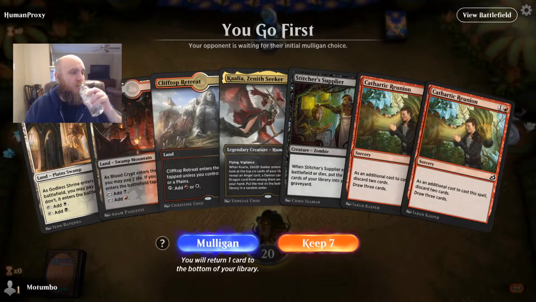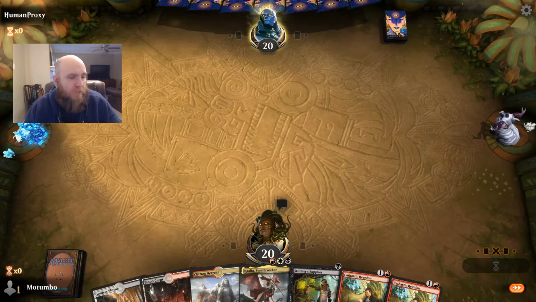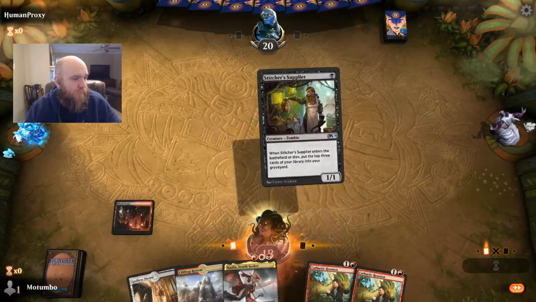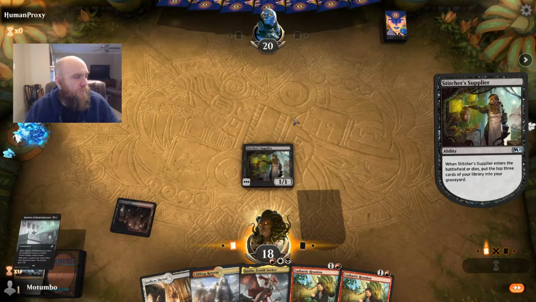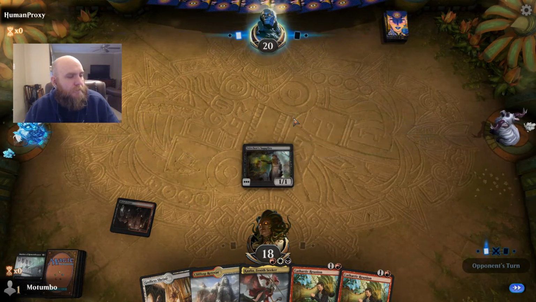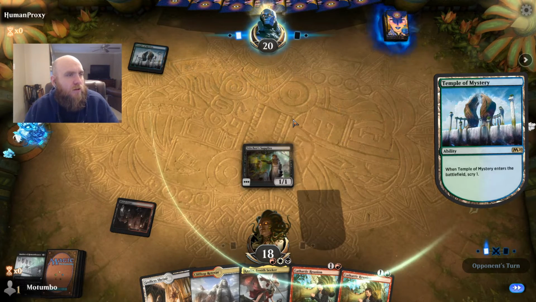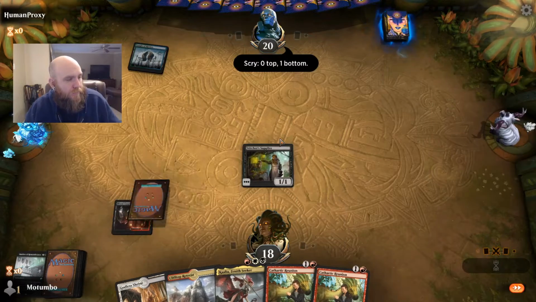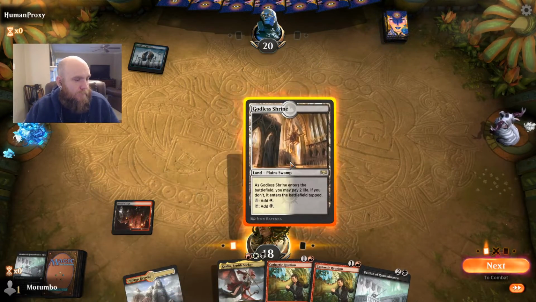Oh, we're gonna keep. We're gonna keep the ever-living hell out of this. All right. So what is our opponent playing? Green-blue, with the splash of what other color? I feel like historic is typically...